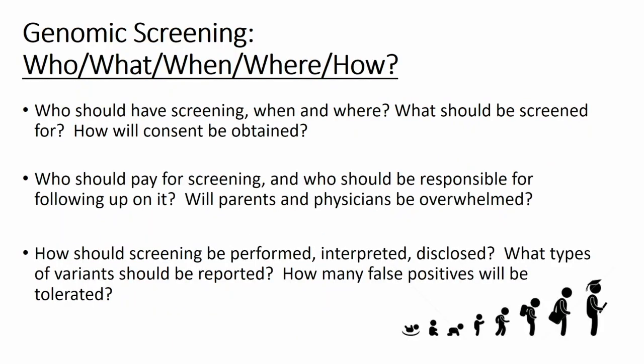So who should have screening, when will it happen and where, what should be screened for, how will we obtain consent to do that, who should pay for the screening, who should be responsible for following up on it, will parents and physicians be overwhelmed, how should we be performing the screening, who's interpreting it, how will it be disclosed, what types of variants should be reported, how many false positives will be tolerated. All of these questions we need to address as we start to set up this